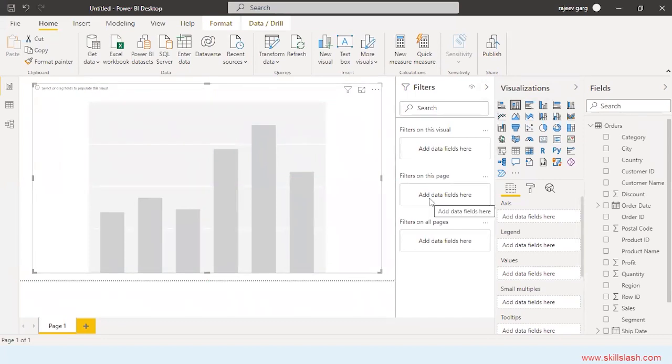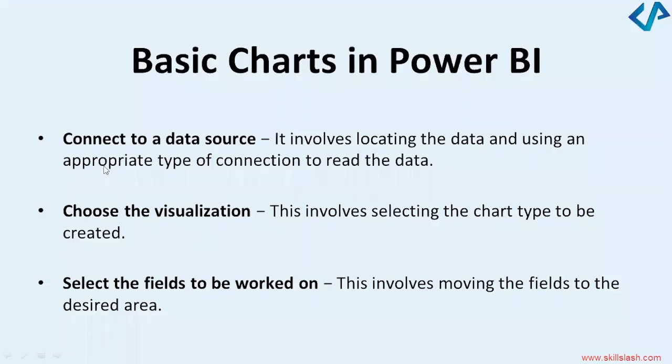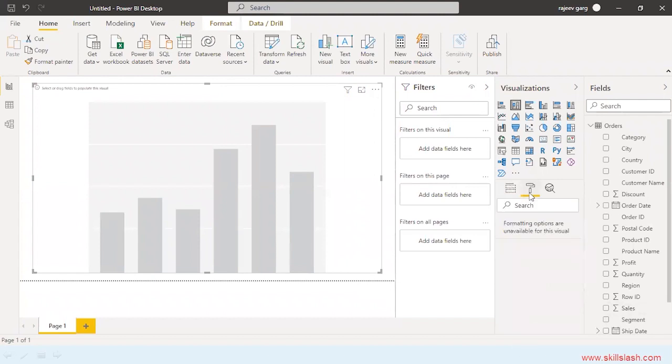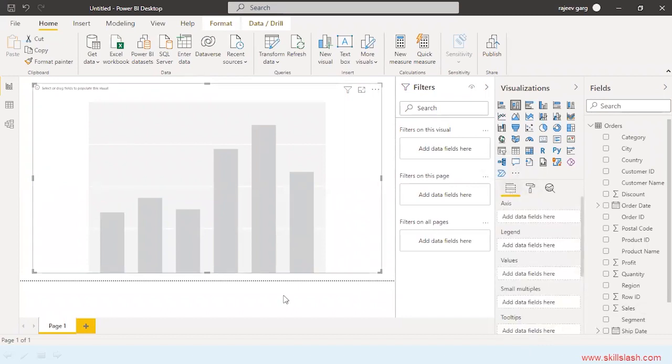Then now two options: connect to the data source, done. Choose the visualization, done. Select the fields to be worked on. So I need to display the sales on the basis of subcategory, for example. So here it is, and you will see there are two sections over here. One is the fields and another is the formatting options. Depending on the visual, these options will change.